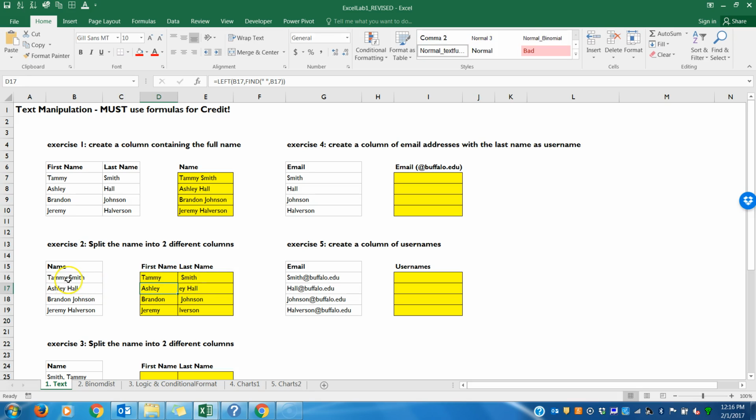So when it finds the space, it says, oh, the space occurs at, count them, T-A-M-M-Y space would be 1, 2, 3, 4, 5, 6. So it's looking for the first 6 characters. For Ashley, it finds the space and says 1, 2, 3, 4, 5, 6, 7. It makes that a 7. Brandon, 1, 2, 3, 4, 5, 6, 7, 8. Makes that an 8. So really, this is an 8 for Brandon. Here for Jeremy, this find the space is a 1, 2, 3, 4, 5, 6, 7. It's actually a 7. It's finding the space, which is the 7th character, and then it's returning the first 7